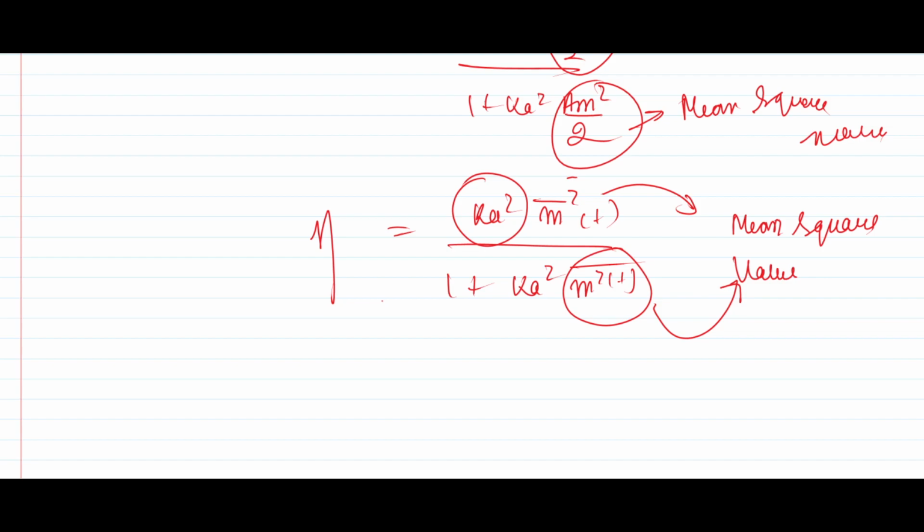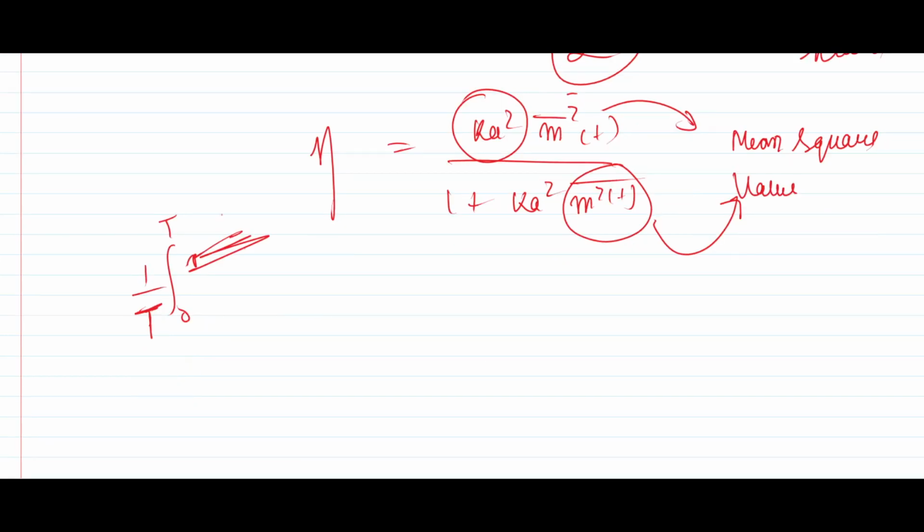If you haven't, I'll tell you while we'll be studying signals and systems. It is very easy. You have to take the mean, 1 by T integration, where T is the total time period, from 0 to T, and here you take the particular function m(t) and then square it, the squared value of that particular signal, and you get the mean square value. This is also a way to calculate the power of a signal. You'll be studying signals and systems as well.